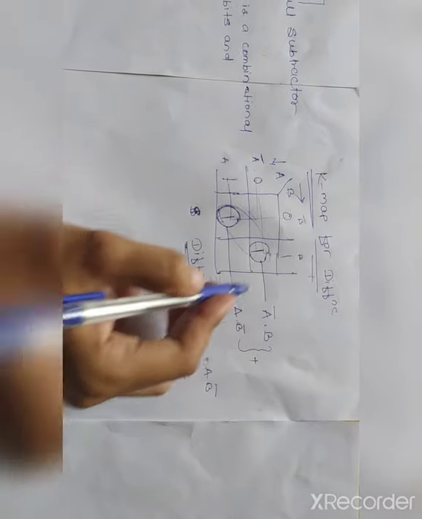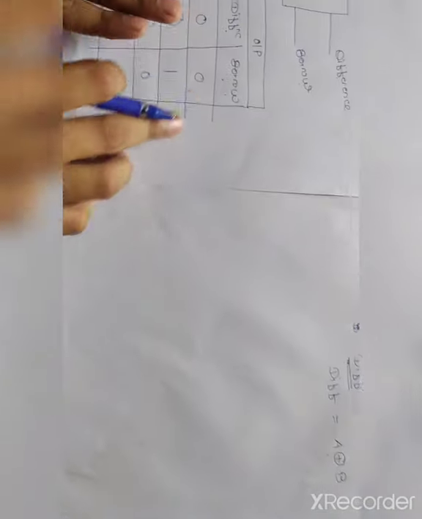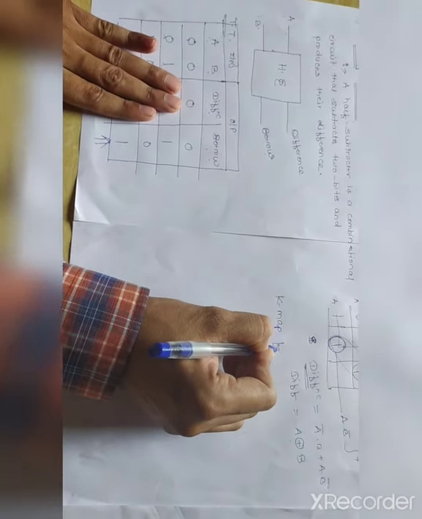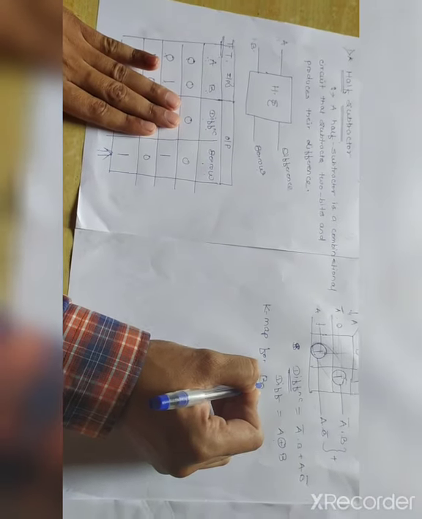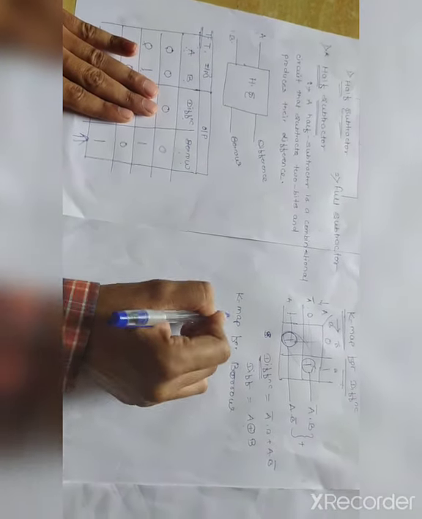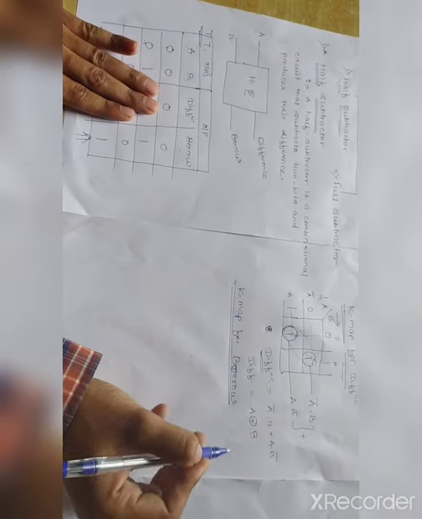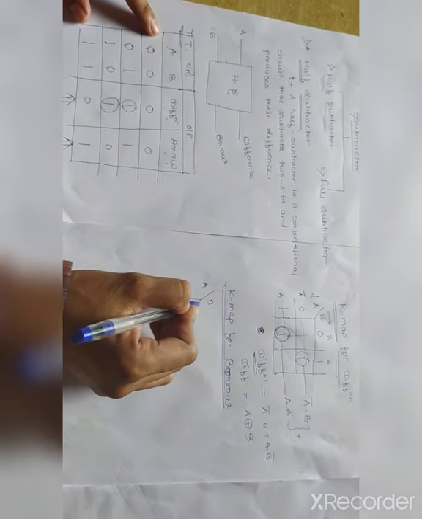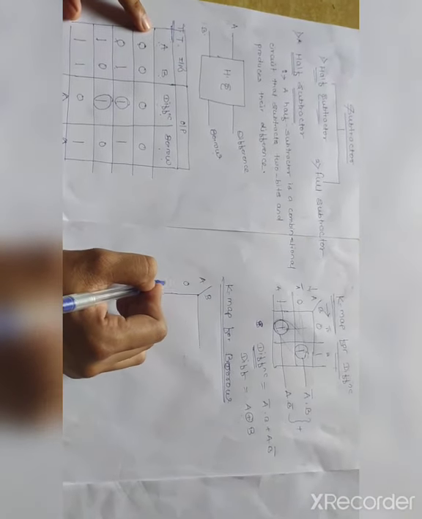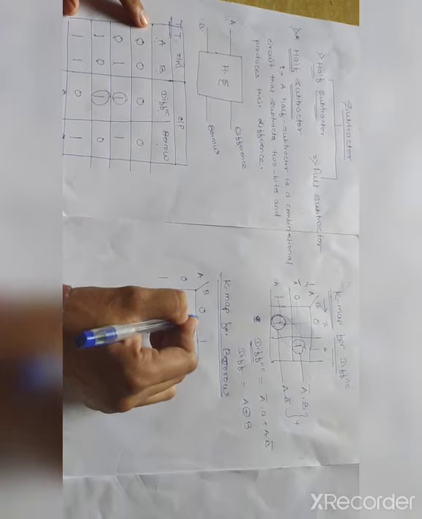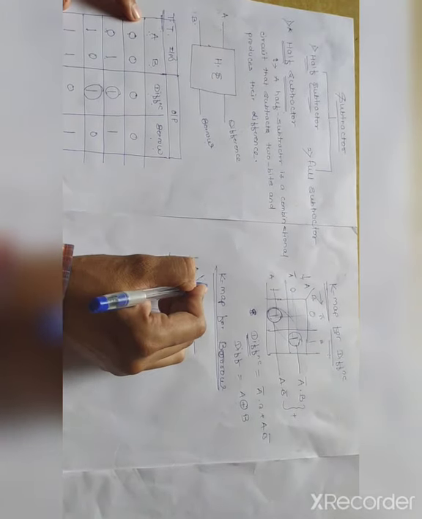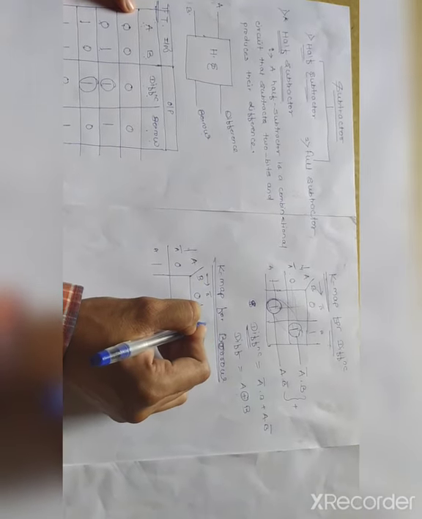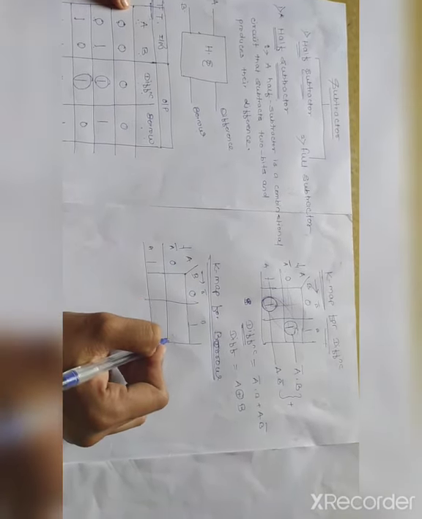Okay. Now I just want to draw the K-map for borrow. Next we move on to the borrow. K-map for borrow. So again the inputs are the same. Inputs are A and B. These two are the inputs. A may be 0 or 1. B may be 0 or 1. I'm just taking the A on this side and B on this side. 0 bar A, B bar or B. I already told you.